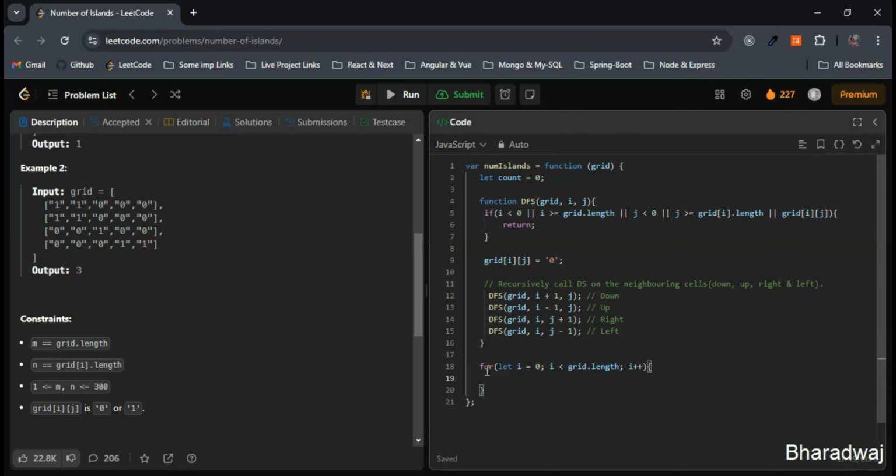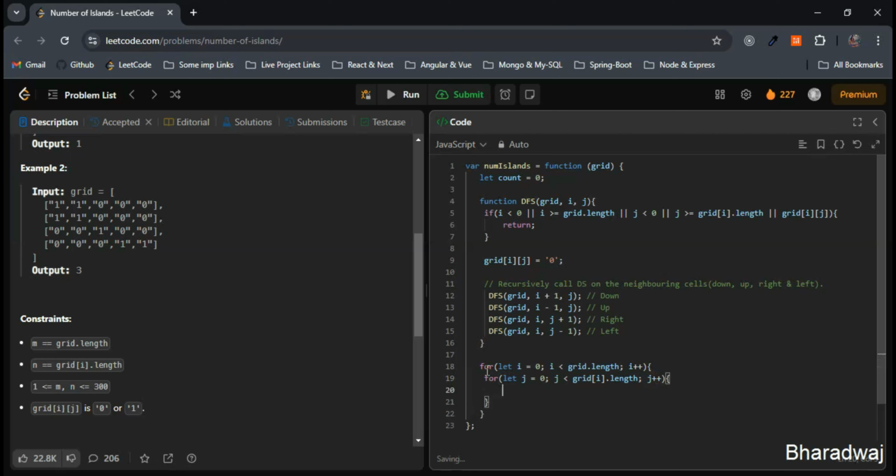This is fine. Next, for the column, I'll just make use of for let j equals 0, j less than